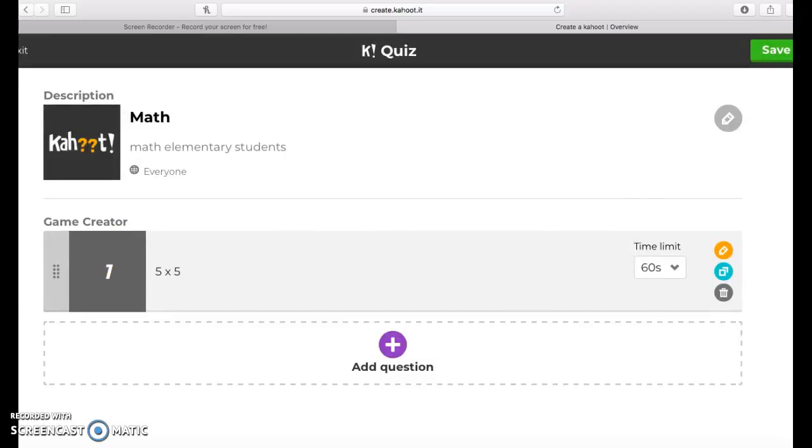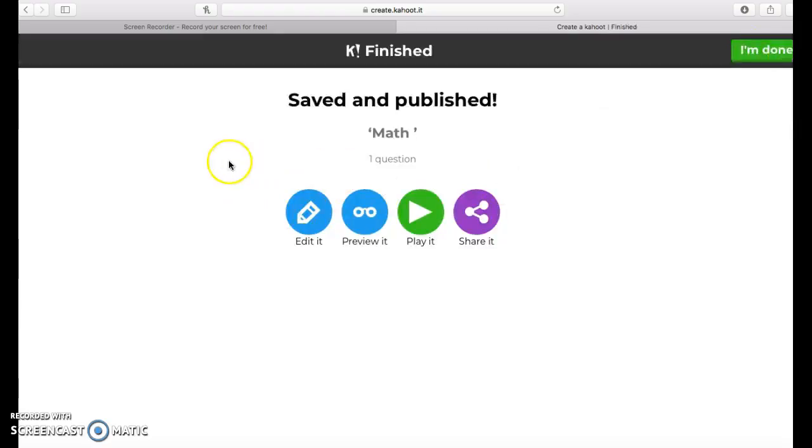It will be projected on the screen for the students. We've given them a time limit, and they will be able to have 60 seconds to answer the question. The fastest answer that's correct will be given points, and it is administered by a point system. So students will be ranked on how well they did,